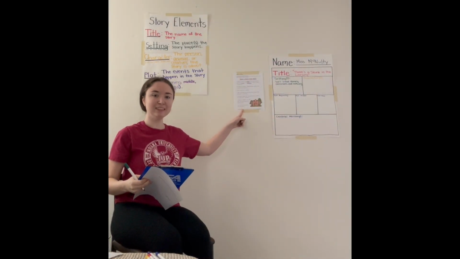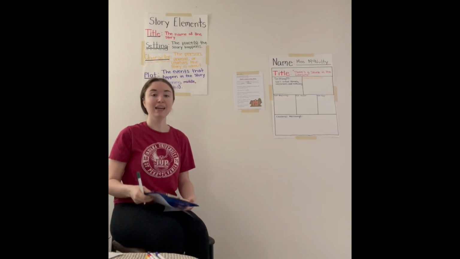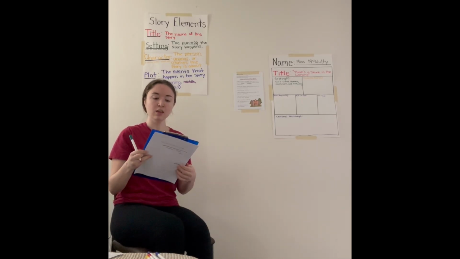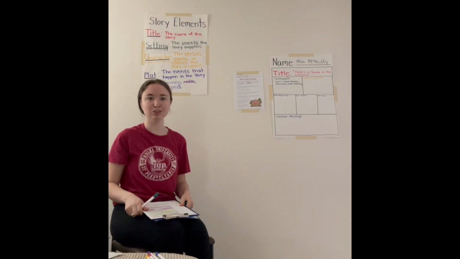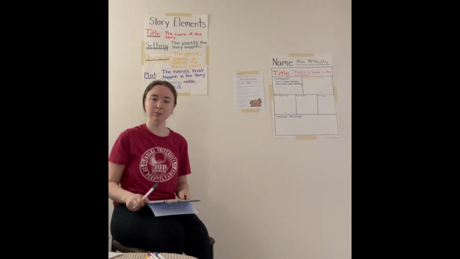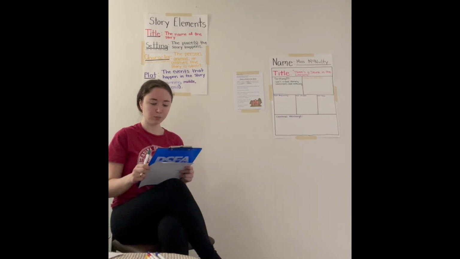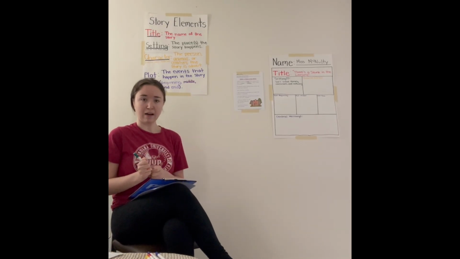Good job, boys and girls. After I underlined it in the first page of the fable, I wrote it on my story map in green where it says settings, because the Sam's school, library, hallway, and classroom is where the story took place, where the fable took place on page number 1. Okay, after we did that, what is our next step, does everyone think? After we did the